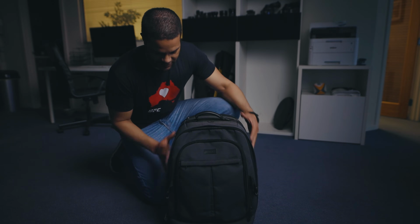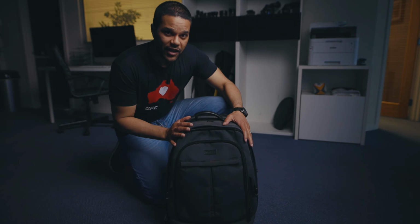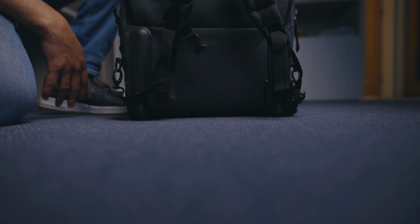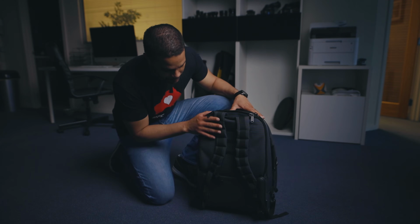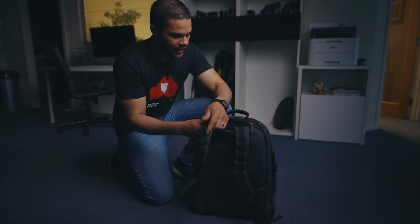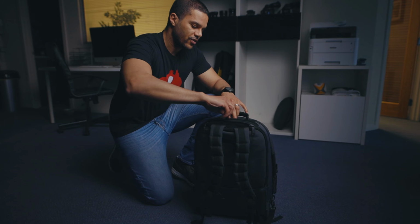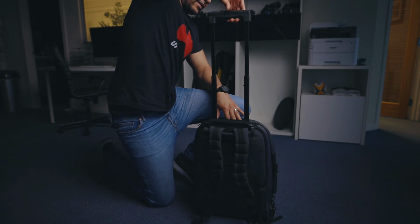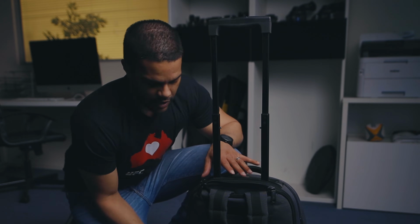And the other thing is the outside is a hard shell, so it protects my gear very well. Also, another reason why I bought this bag in the first place is the fact that you can either wear it as a backpack with these, or you can unclip them, tuck them away in this pocket right here, and then you just open this zipper and take this out. And instead of wearing it on your shoulders, you can just wheel it around anywhere you want,